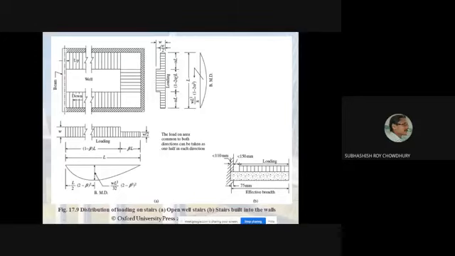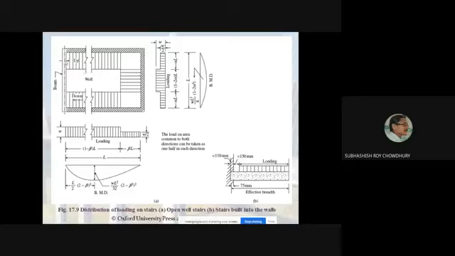This diagram is not perfectly correct, okay, as it is shown as if this is omega, the intensity of the UDL over this inclined part. And they are telling that this omega by 2 will be acting here, not that. Omega 1, it should be omega 2. Omega 1 is because you know that there will be the weight of the steps. The weight of the steps will not be considered here. Okay, there is no question of considering the weight of the steps here.